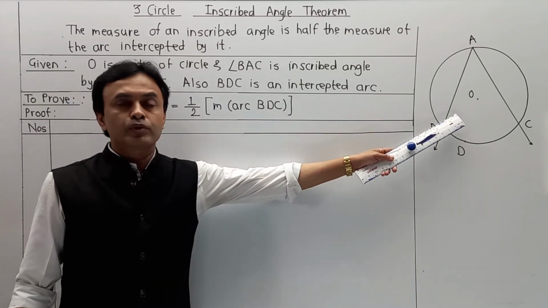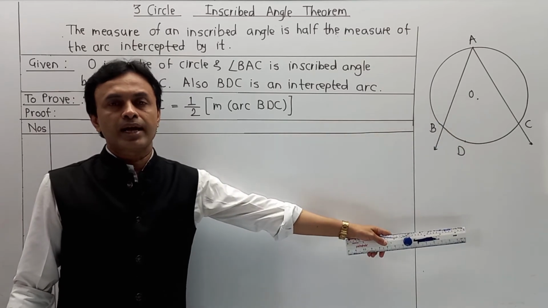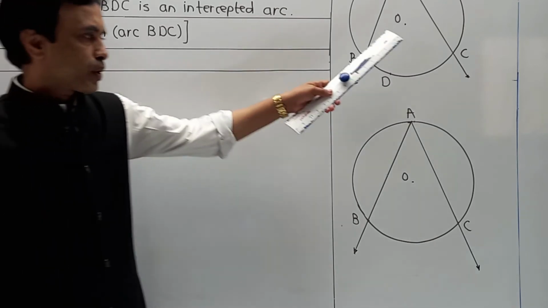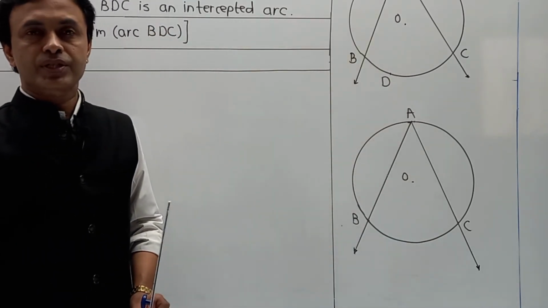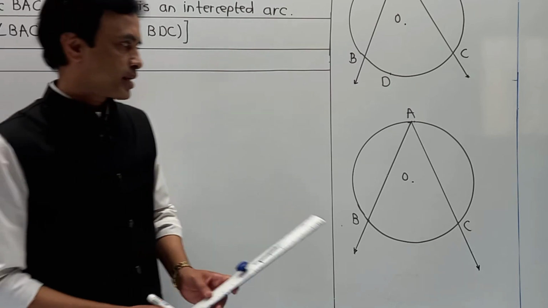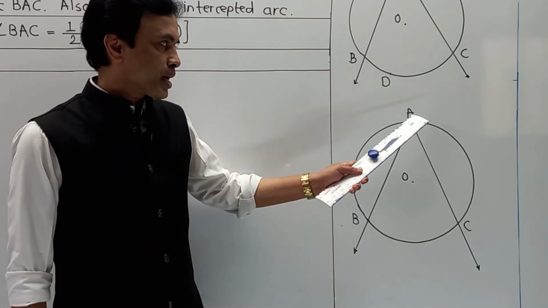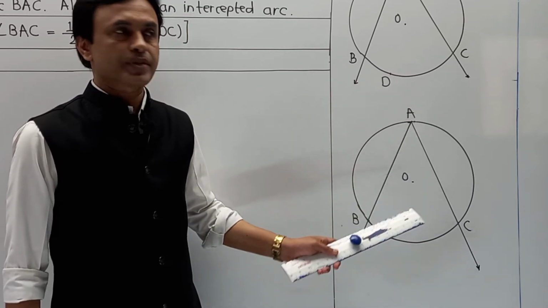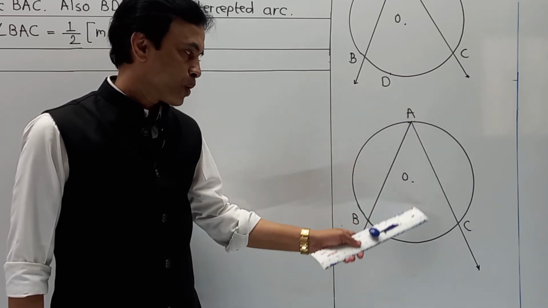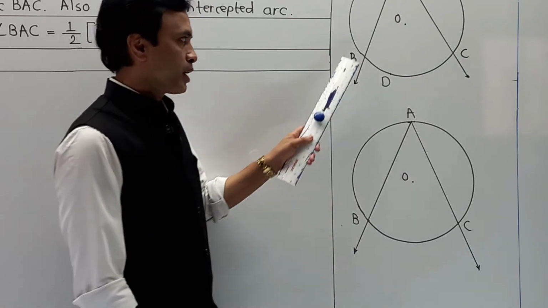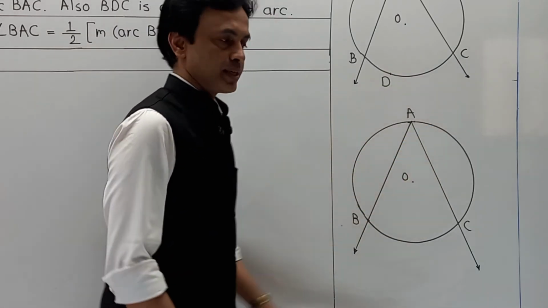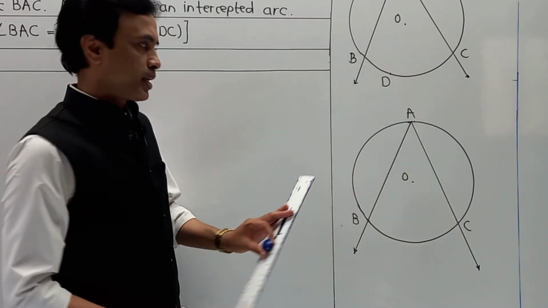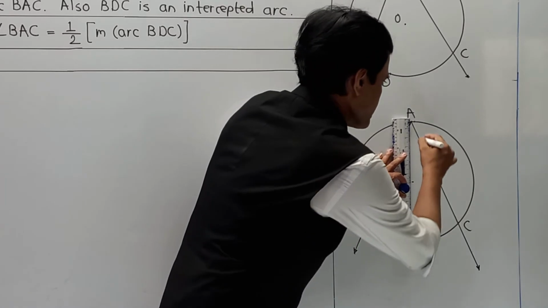Now in this diagram, we have to do some construction, and the additional diagram that I am going to draw over here. We have drawn an additional diagram because n number of constructions are possible. In the first case, I am going to join line O and A, which is nothing but the radius of a circle, and I am going to extend this AO. No doubt your original arc is BDC, but the next part is going to get generated, and I am going to join A with O.